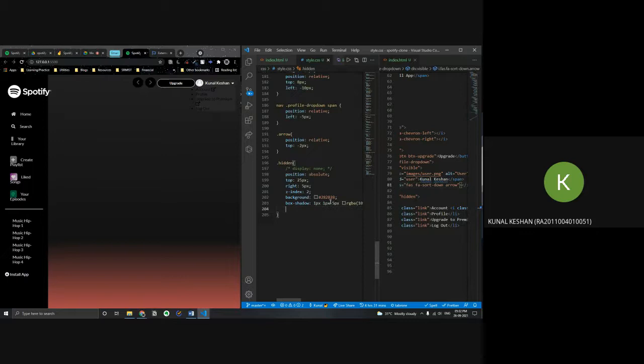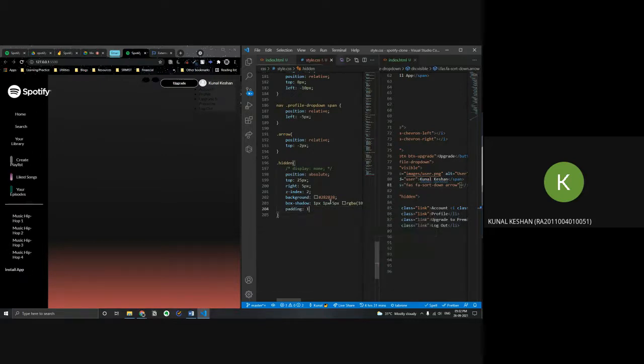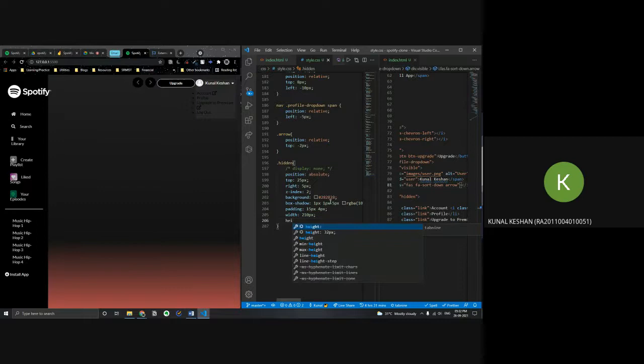Okay. Next, we'll give some spacing within the box. So let's just say 15 pixels and maybe 4 pixels right and left. Okay. And then a width of 10 pixels and height of 170 pixels. So it's more or less like this.